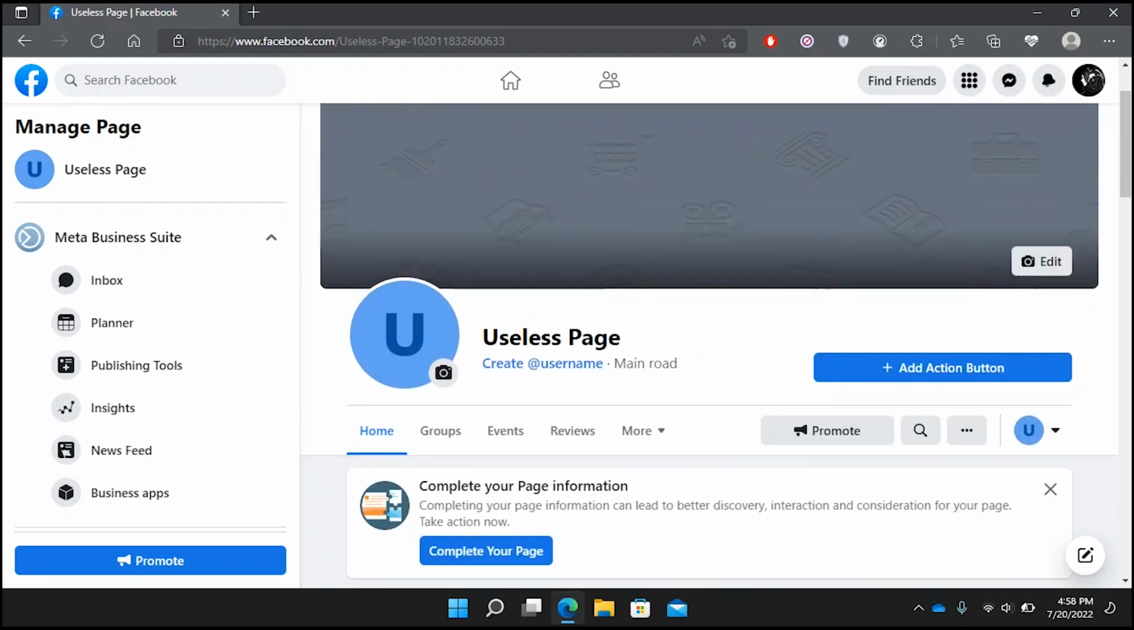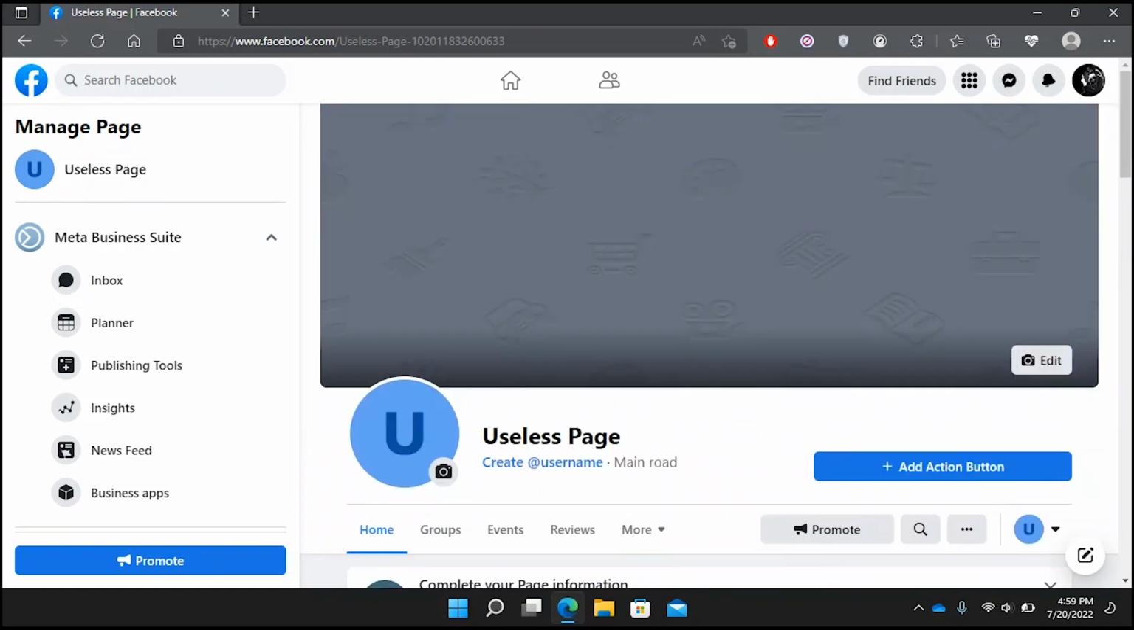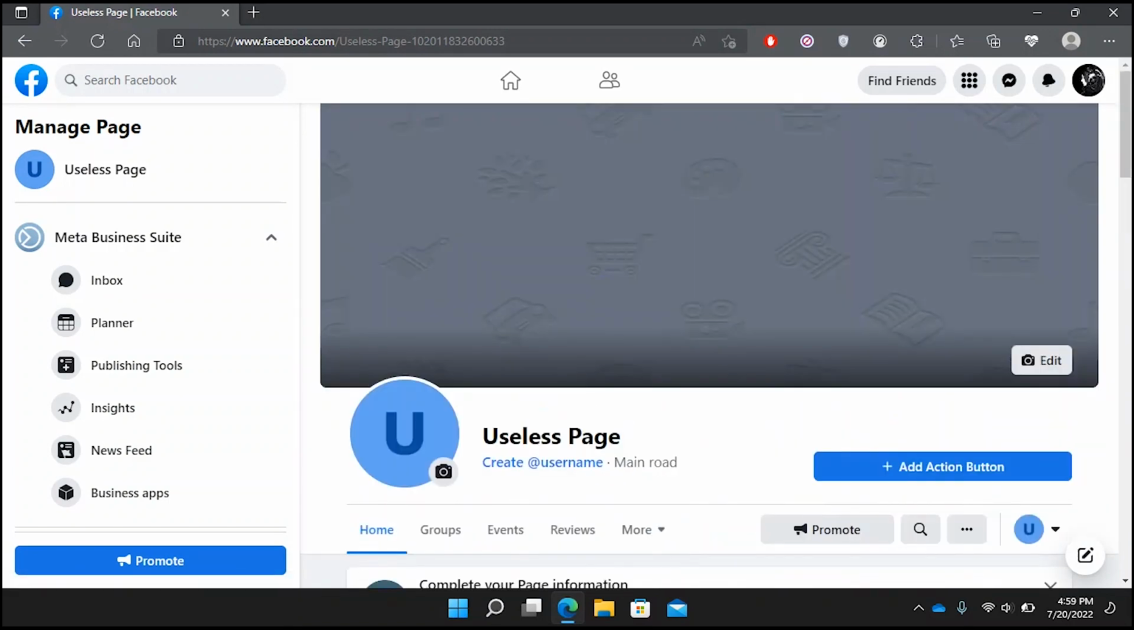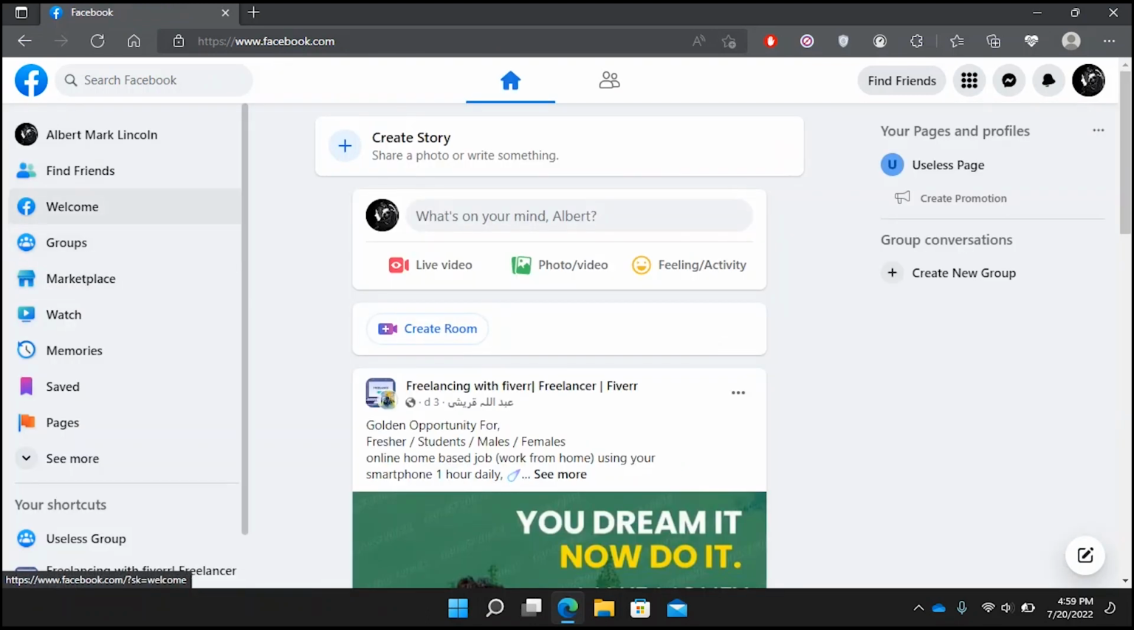Add action button. No, I don't want to add an action button. Create a username. You can also add your email here, and yeah, so your page is created. Now you can make posts here that everyone can see. Okay, so yeah, this page is created. Okay, so we have gone far from groups to pages, and we have learned how to send